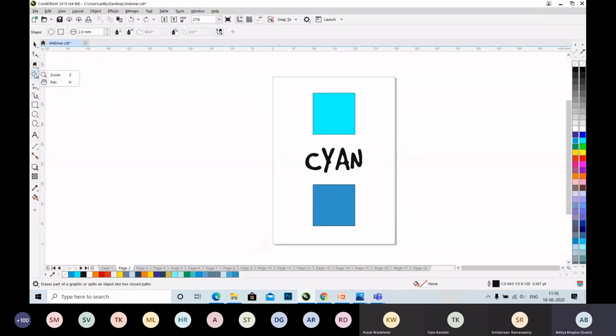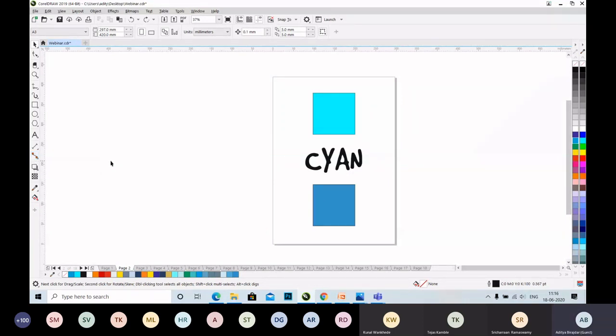Then these are some general function tools such as zoom, pan, freehand, artistic media, and various shape tools and text. But the last four tools are the important ones, and it will be used frequently while designing our artwork.